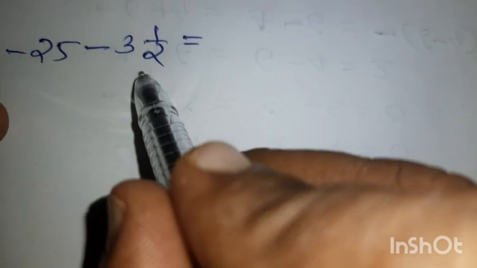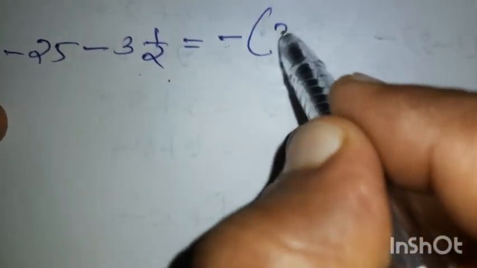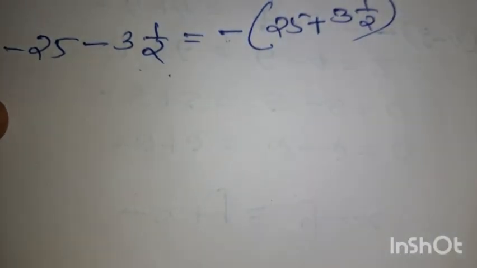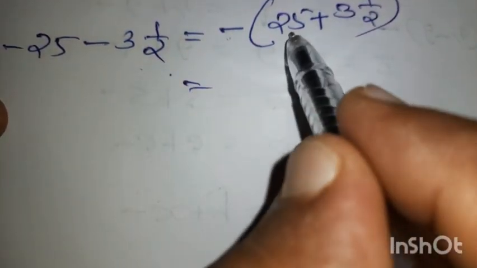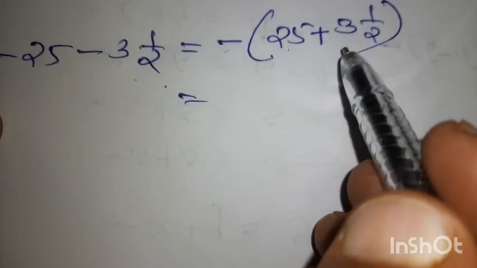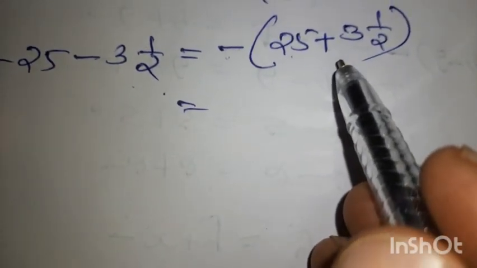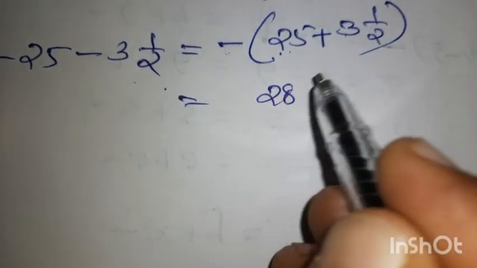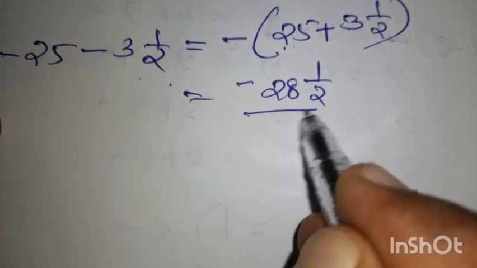Minus 25 minus 3 1 by 2. So minus of 25 plus 3 1 by 2. 25 plus 3 1 by 2, it is 25 plus 3.5. We will get minus 28.5, or 25 plus 3 is 28, 1 by 2, then